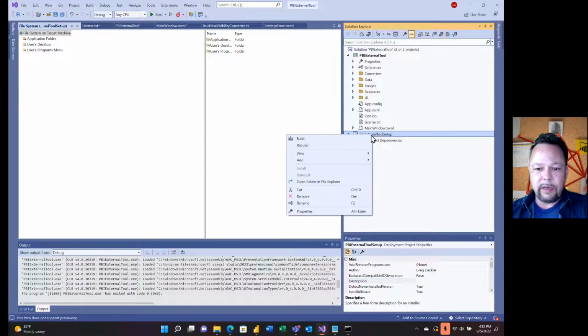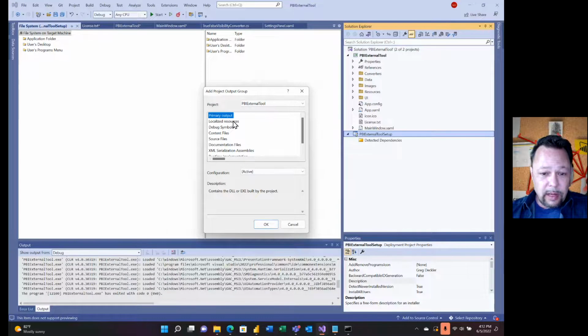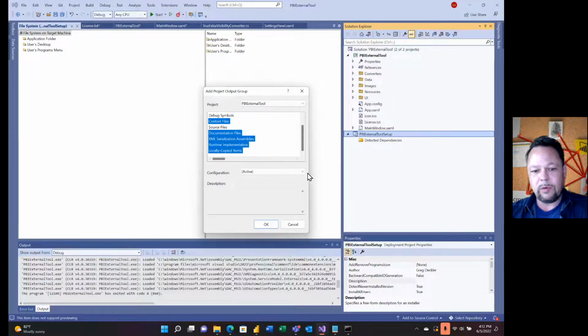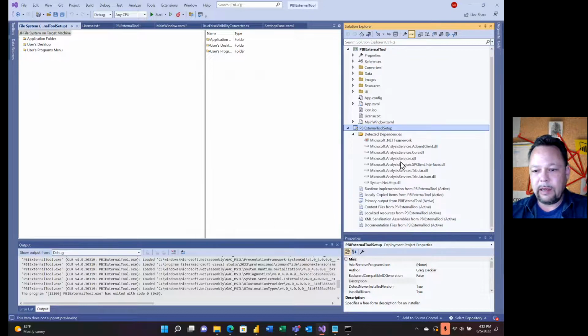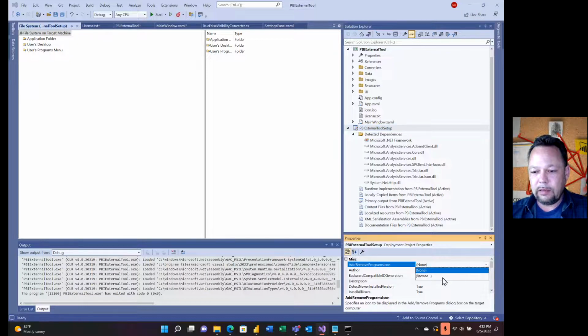So now I believe I need to add project output. And we're going to add the primary output, localized resources. We don't need debug symbols, content files. Source files? No, source files. Sure, why not? Runtime, locally copied items, whatever. That's fine. Okay, so now we've got that added in. I think those are the normal things that I add in. It found my dependencies as far as that stuff goes. And now I think, since I have that added,